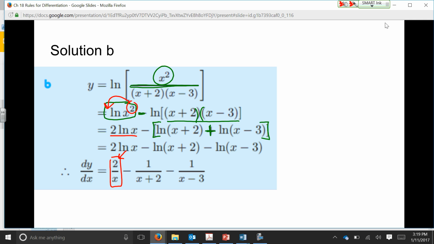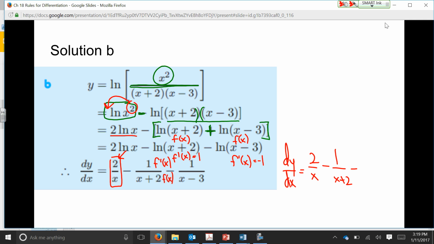Then I'm going to look at the natural log of x plus 2. Well, I know the x plus 2 part is the f of x. So when I go to find the f prime of x, that's just going to be 1. So I have over here f prime of x over f of x for that part of the derivative. And the same thing is true in the last part. F of x is x minus 3, so f prime of x is 1. So I can go ahead and plug it in. And a cleaner version says dy dx equals 2 over x minus 1 over x plus 2 minus 1